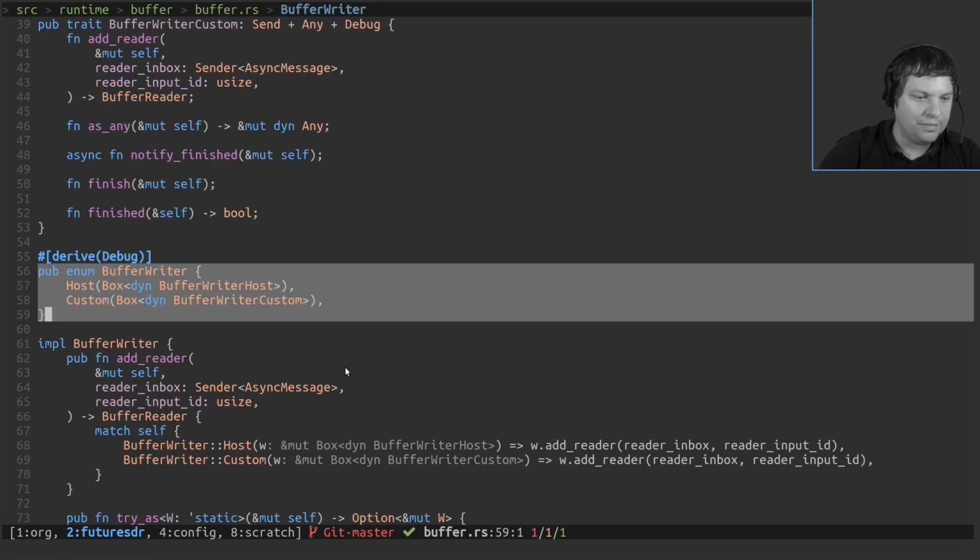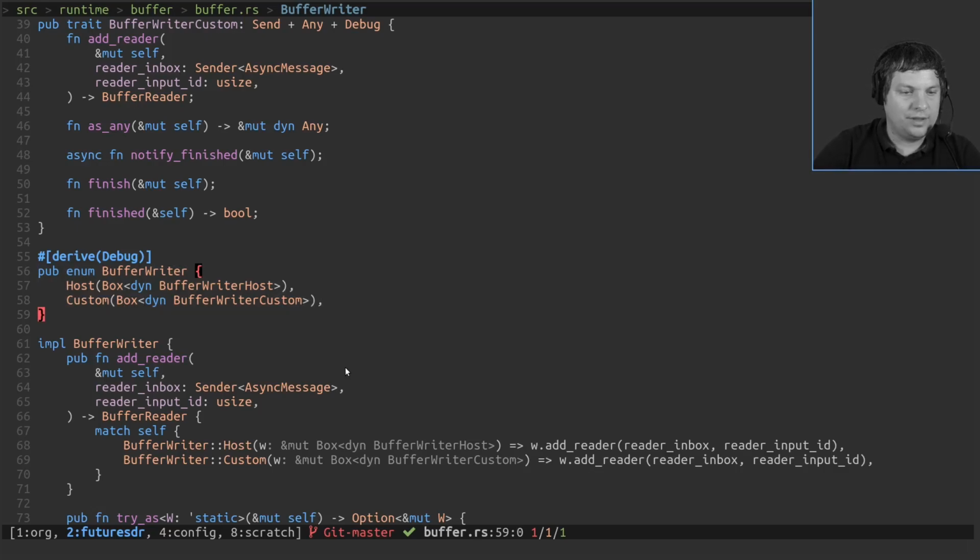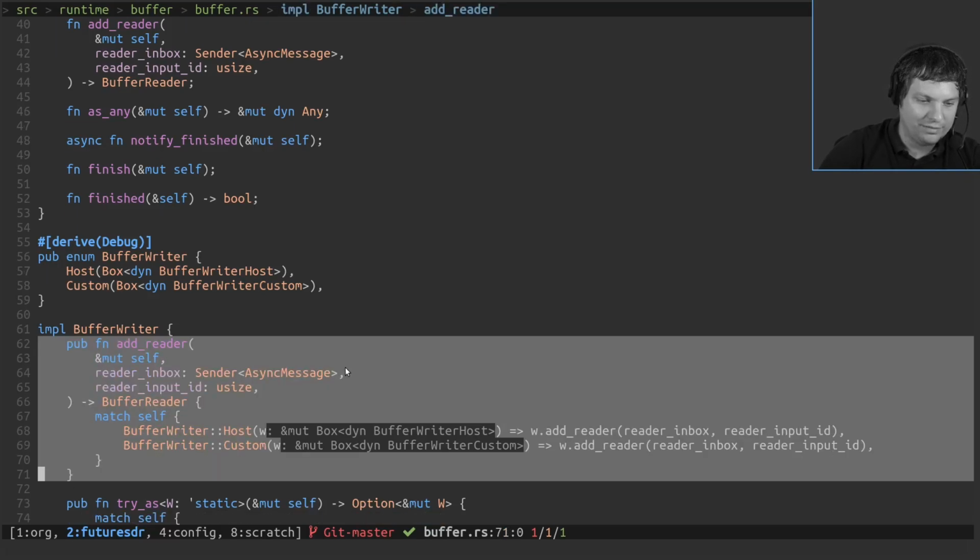If we have a look here, the writer only has basically one function to get the corresponding reader. And it's done like this because there are some buffers that can have multiple readers. For example, the circular buffer, you get the writer and then call add reader as often as you need it. Obviously, it doesn't work for all types of buffers.